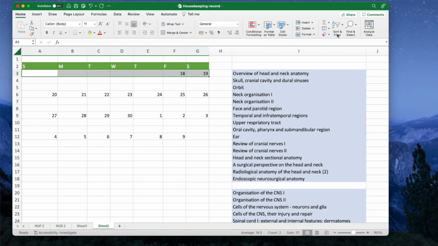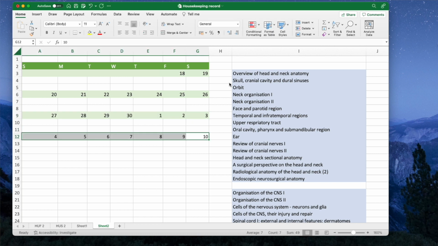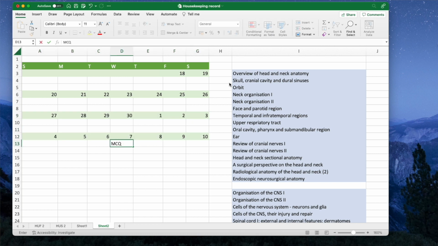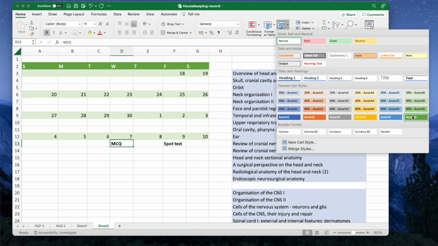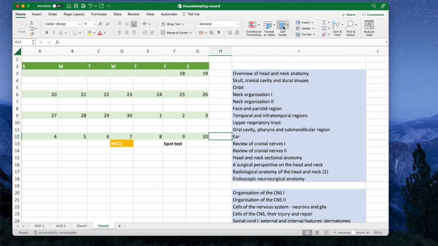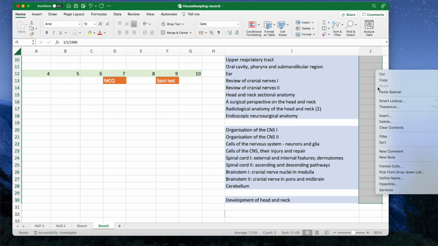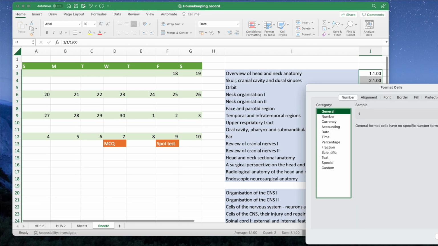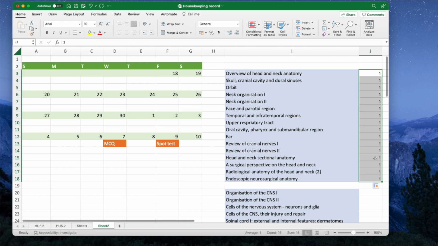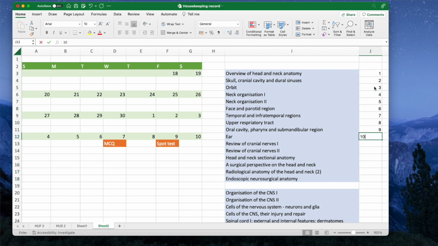First, I opened up Excel, and on the left hand side I already have a calendar kind of created. I've got all the dates, and I've colored in all the dates just for aesthetic purposes. I also marked down which date my exams are on. I have the MCQ plus SAQ test on the 7th of December, and then on Friday I'll also have a spot test. However, the only test that really counts for a grade is the MCQ, so that's what I'm mainly